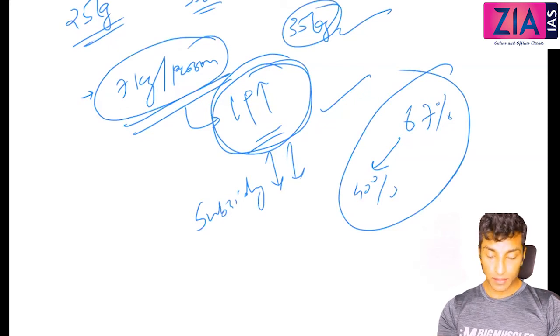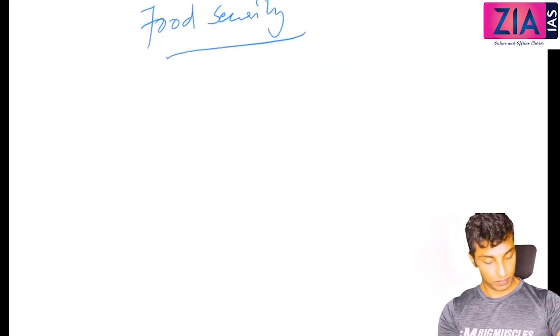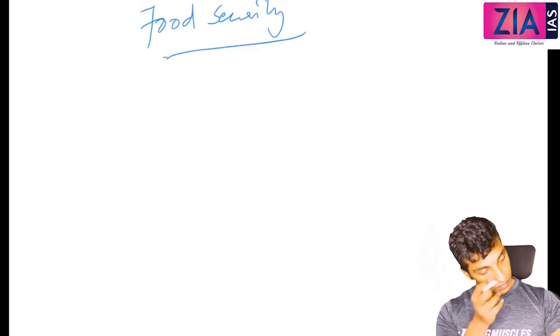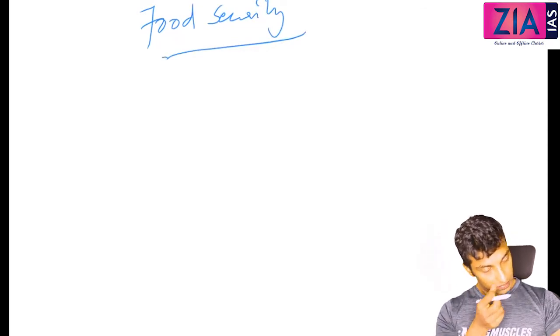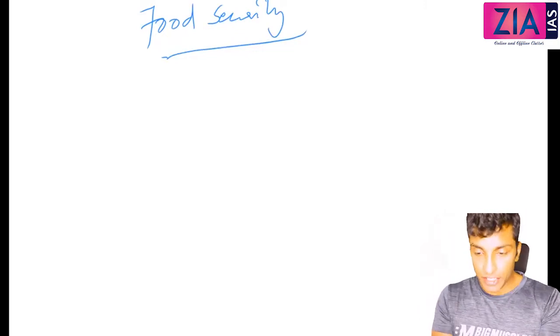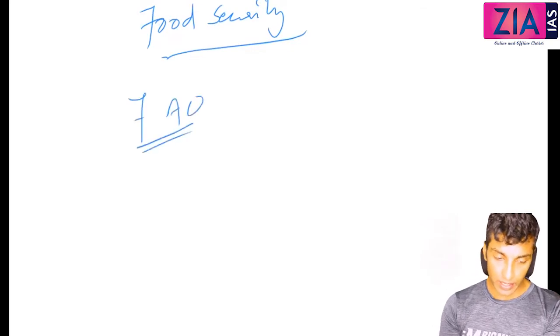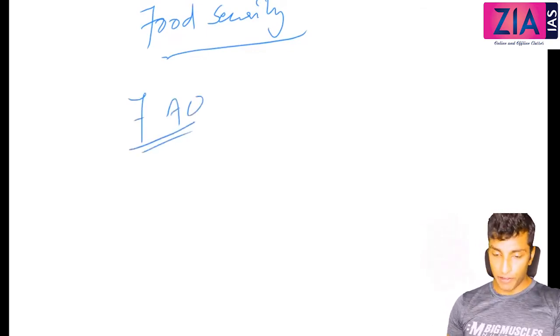Next heading, you give a heading, food security. We will discuss this idea of food security. Just write a definition as per FAO, Food and Agriculture Organization. As per FAO,